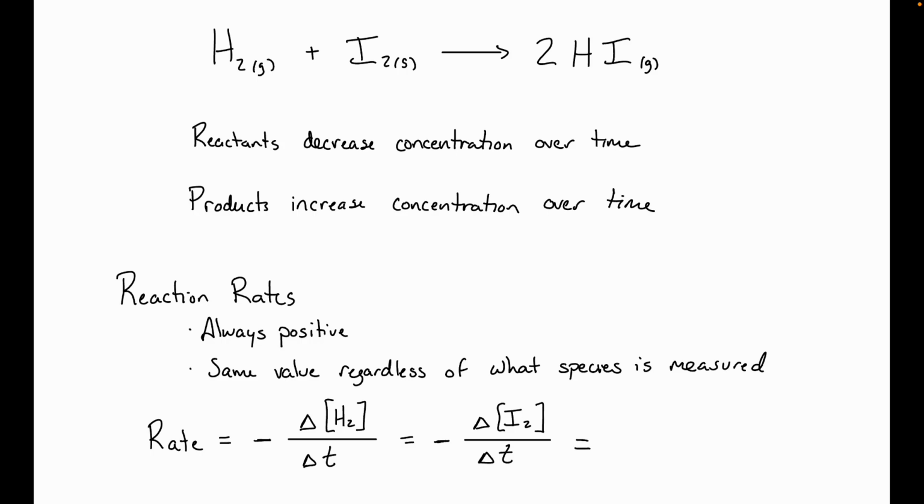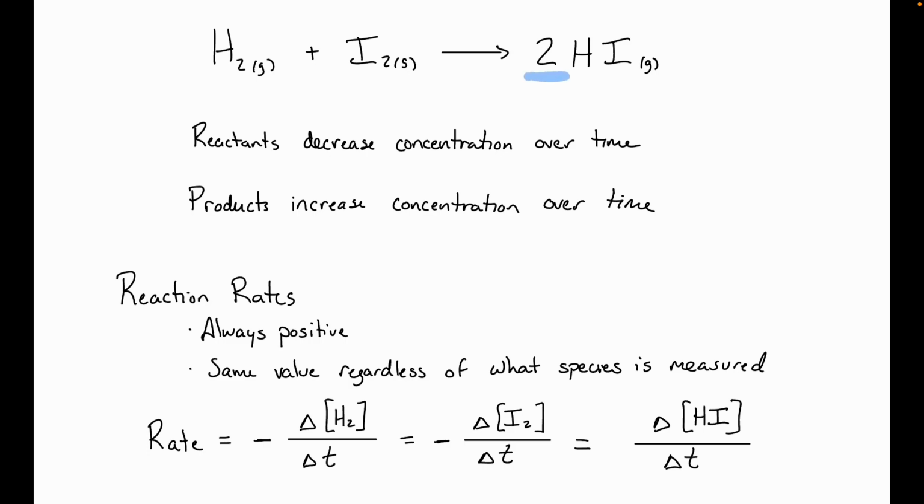Or maybe it would be easier to measure the concentration of product, concentration of HI. Since my product is increasing, I don't have to put the negative sign. But I do have to be aware of my stoichiometric coefficient out front there. For every 1 hydrogen gas and 1 iodine that's consumed, I actually get 2